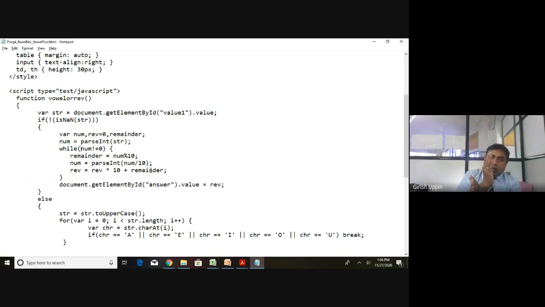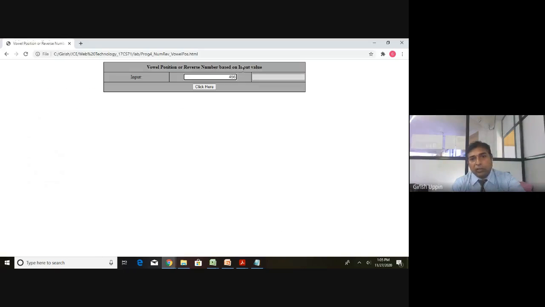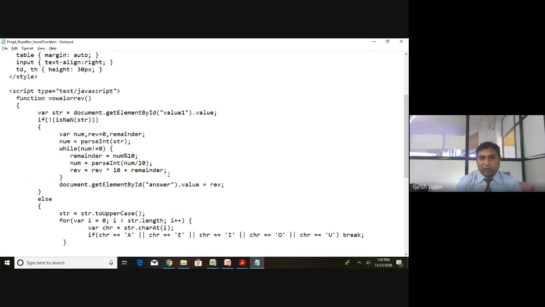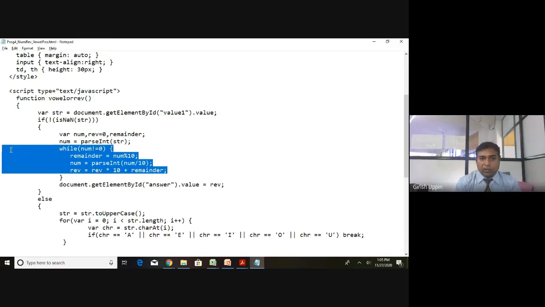In the next round, I will move it to the 100th place, that will become 600. Similarly, that 5 will be moved from the 10th place, so it will remain in the 10th place, and 4 will be moved to the unit place. That is how the number will be reversed. This is the logic for reversing the number, which is pretty easy, you should understand.